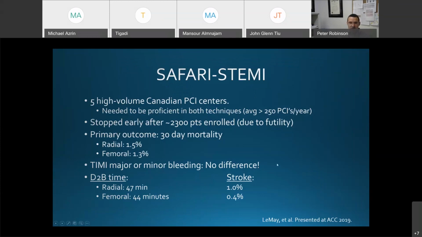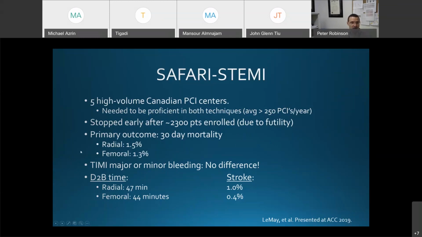Most recently, the SAFARI-STEMI trial. I think this is the best done trial if you're going to look at this. These are five high-volume Canadian PCI centers. Fadi, that's for you. You needed to be proficient in both techniques. These operators were averaging more than 250 PCIs a year. It was stopped early after 2,300 patients due to futility. So when you have good operators doing a fair number of cases, using both femoral and radial approaches, so you know how to do both,